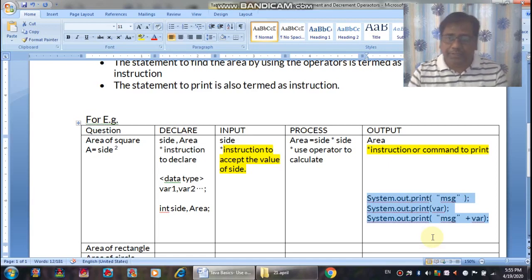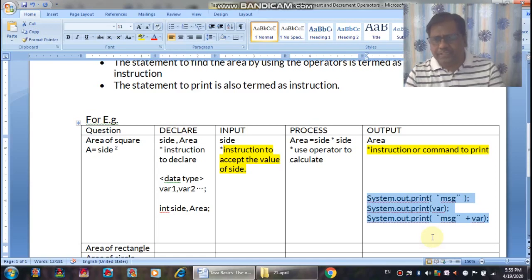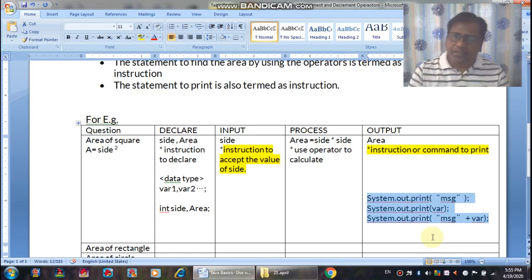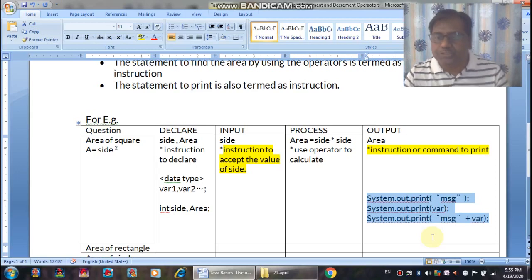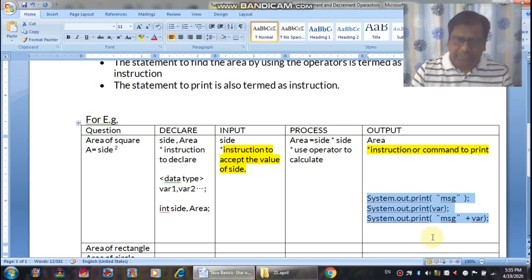Say for example, when you are writing in maths, answer is equal to something. Answer is equal to is a kind of a message followed by a value. Value is a data which is contained in a variable, and variable is to be printed without double quotes. It's a very basic example.